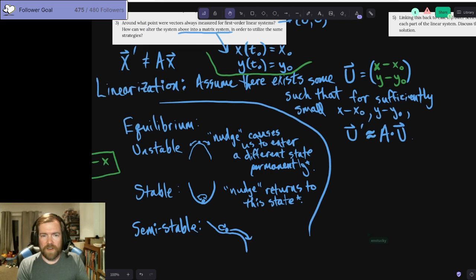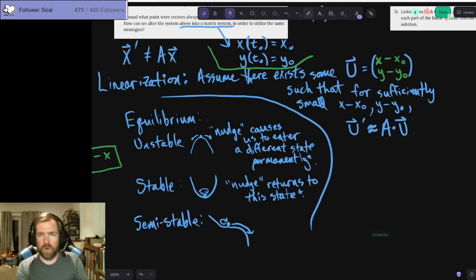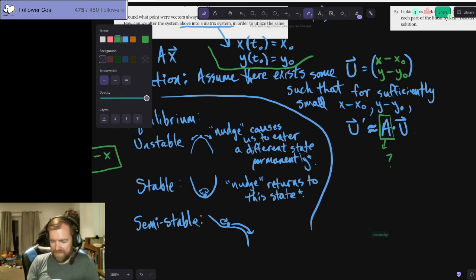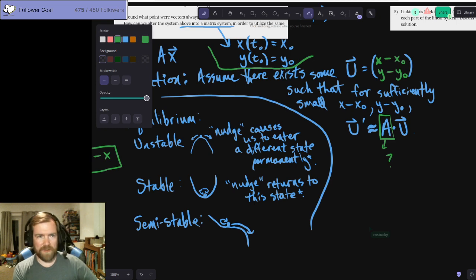So the next order of business there is to say, well, what is A going to be? Because that's kind of important, right? How do we determine what the transformation matrix is going to be for all of the individual vectors that are immediately surrounding x0, y0? Stuki, I don't know if you have any particular comments, questions, or you know the answer to that one, but